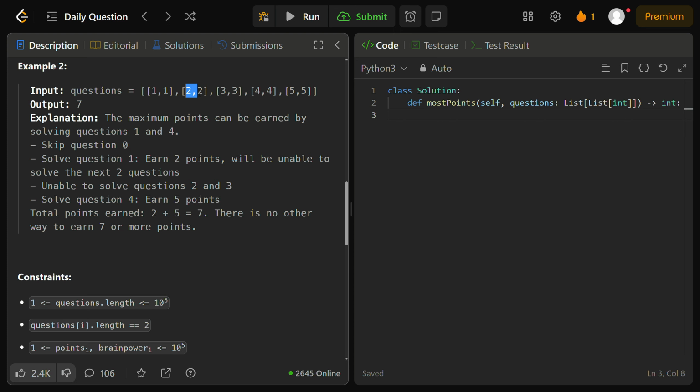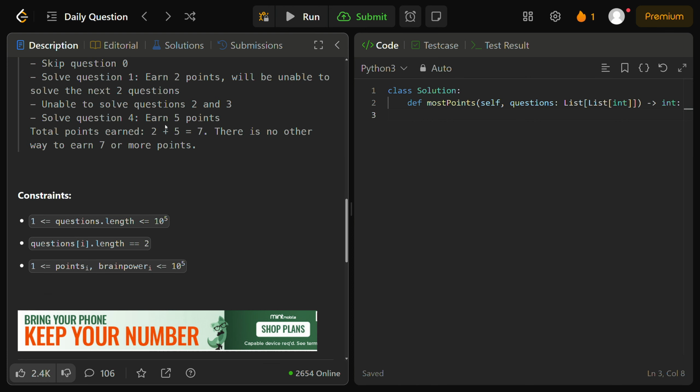We can solve the first question here, getting a total of 2 points, and skipping these 2 questions, and then we can solve this question here, getting a total of 5 points, right? And we know 5 plus 2 is 7. That is the most number of points we can get, basically the most optimal pathway of questions to choose to maximize the number of overall points that we get throughout all the questions that we solve in the input array